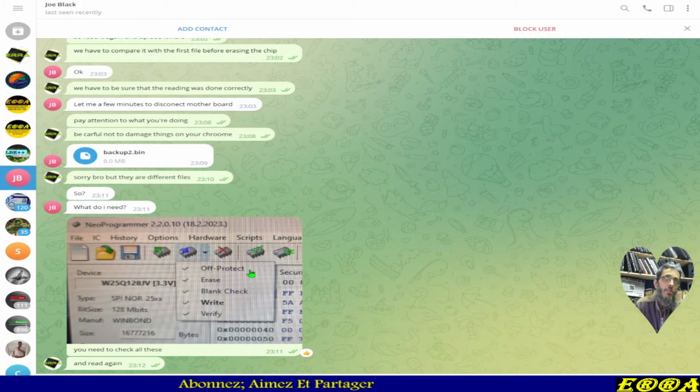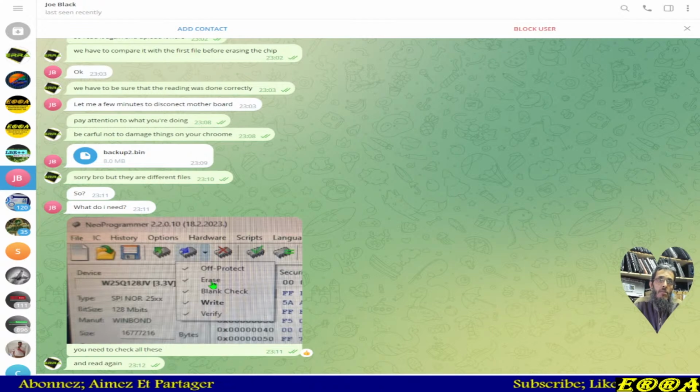So off protect allows the programmer to remove protection of the chip so that it can read, write and erase. The chip has to be erased first, then blank check. The programmer has to check if it's blank, which means it should no longer keep any data on it, and then write.